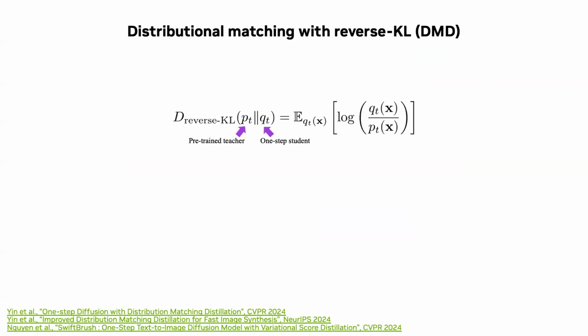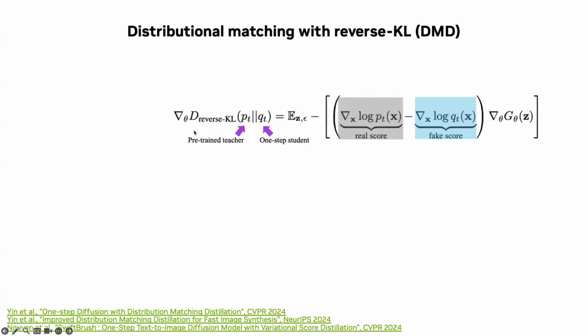Yeah, so speaking of distribution matching, we can also think about another framework called DMD that uses a very clever trick about reverse KL. Distribution matching distillation, or DMD, relies on reverse KL, which you can express in this form. Think of Q as your one-step student, one-step sample generator, and P as some pre-trained teacher. In DMD, they basically use this reverse KL expression, which is the expected value of this log-likelihood ratio under the student distribution. This is a bit hard to connect to a score function, but the moment you think about the derivative of reverse KL with respect to parameters of this student, all of a sudden these two score